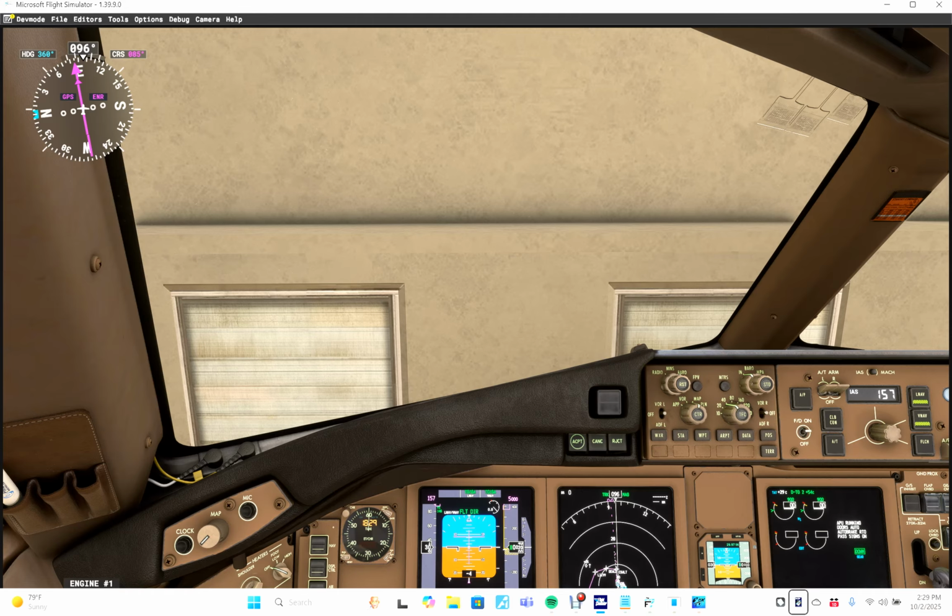Hit the action button that I have set on my joystick. Right engine starter: start. There we go. Right engine fire handle: locked. Right fuel control: run. As soon as I hear it say right engine primary hydraulic pump normal,